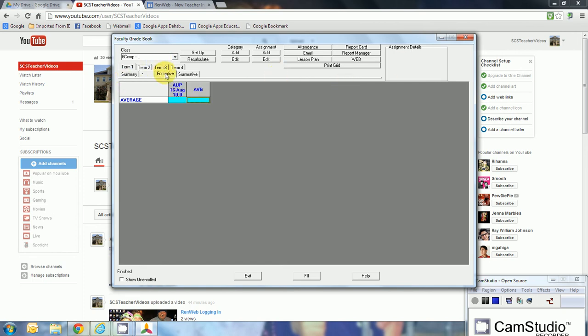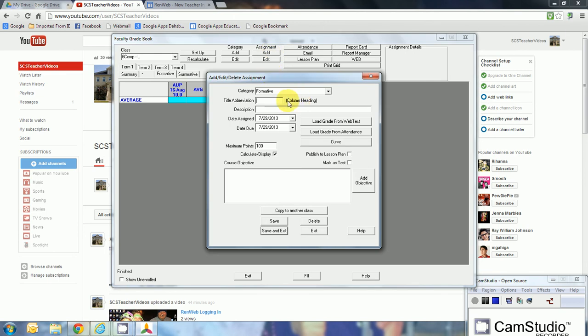Once I'm in here, I can also add assignments. To add an assignment, I first select whatever category it goes under. So I'll go to formative, assignment, add, and let's say I just had a pop quiz. Whatever you put under the title abbreviation, I would keep very short. It's just what appears at the top of your gradebook, kind of your own little code, but I would put more information